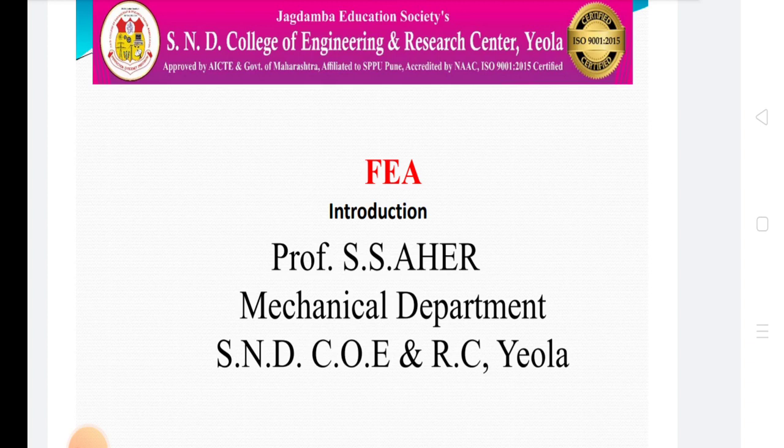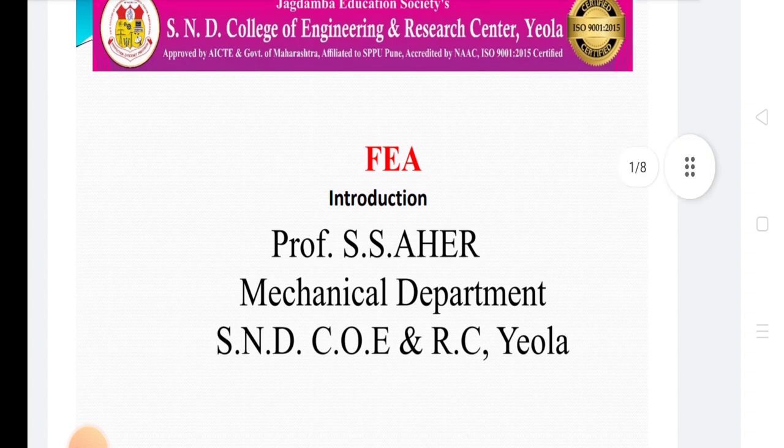FEM reduces the degrees of freedom from infinite to finite with the help of discretization. The assembly of such discrete parts represents the original body. In element and node, each part of the discretized body is called an element. Every element has one or more nodes. The elements are connected to each other at nodes only. Joining nodes and forming a specific shape such as bar, triangular or quadrilateral is known as an element. The more elements, the more accurate the results, but it increases the calculations required for the solution.